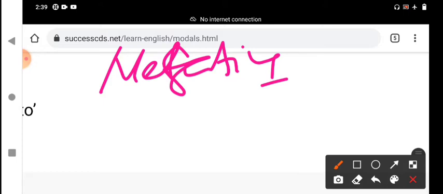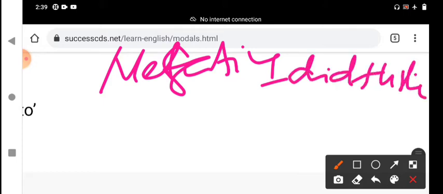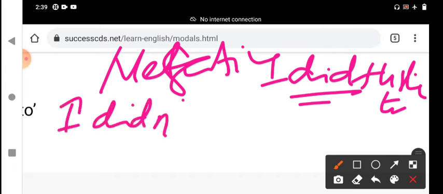How do you form the negative? We should use did plus used to. Did indicates the past tense. Did plus V1 is the past tense in a negative sentence. For example, how to frame the negative sentence using the modal verb used to? I didn't. It is a contracted form. That means I did not.